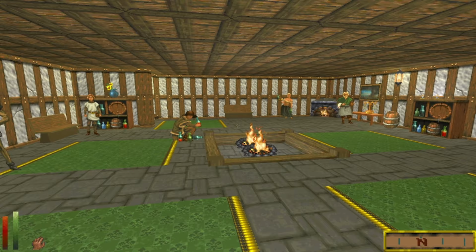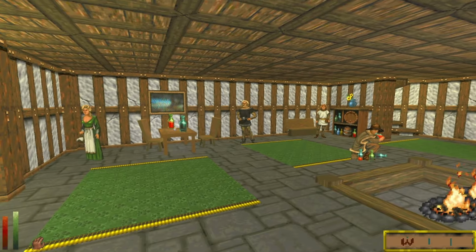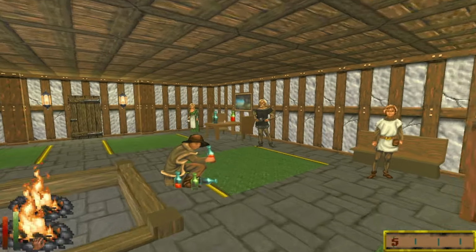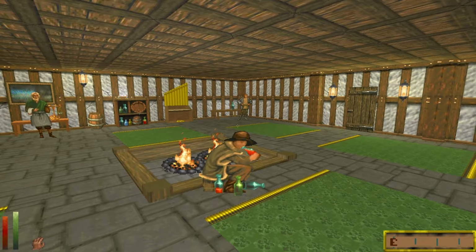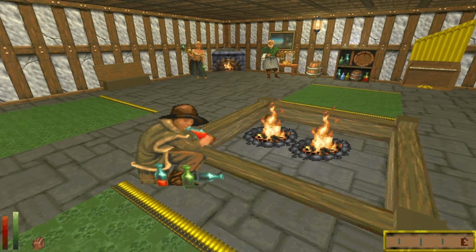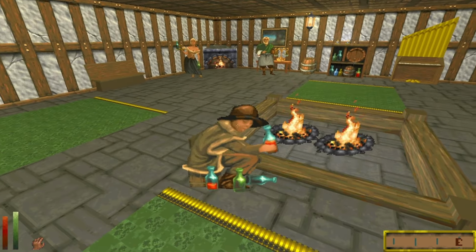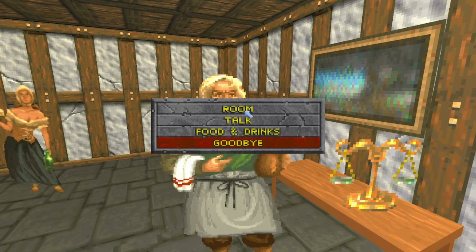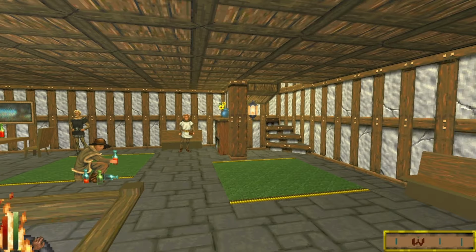Wow, look how cool this inn layout is. I've never seen this one before. This is also brought to you by Beautiful Cities of Daggerfall. I like this sprite here. Let's stay till nighttime and then